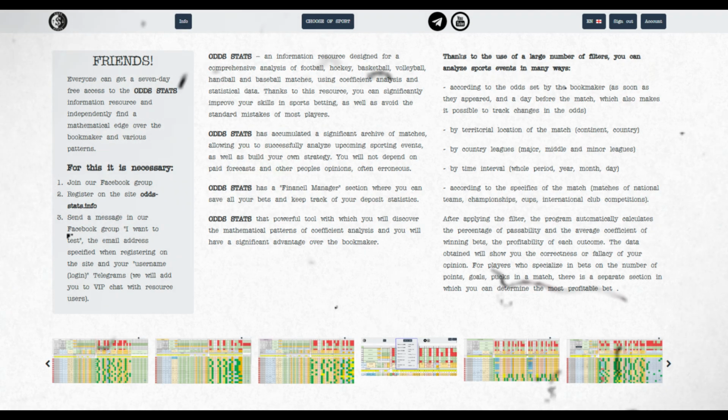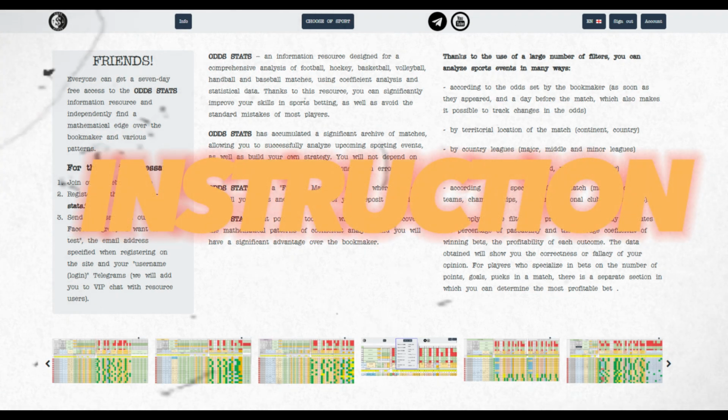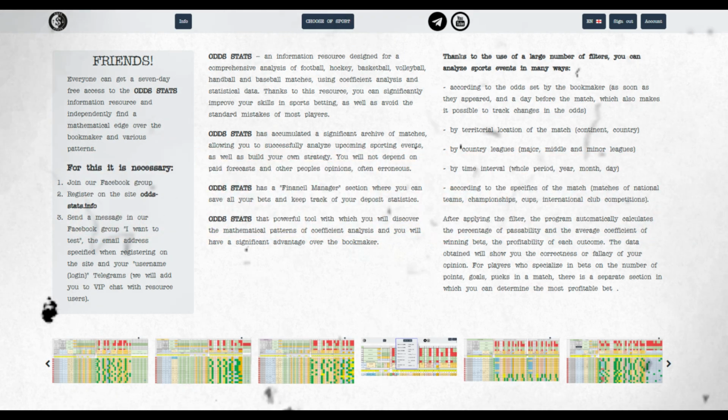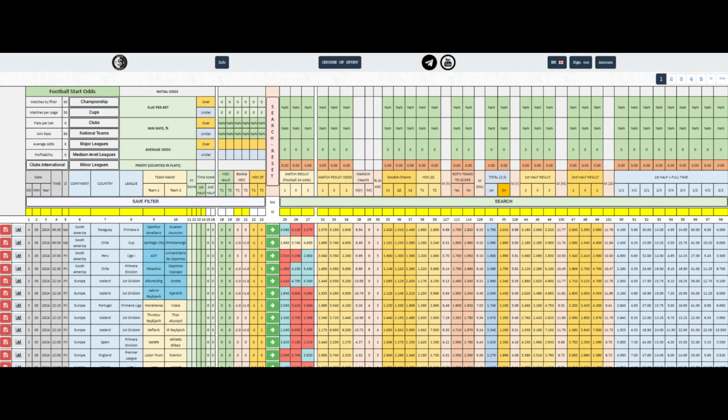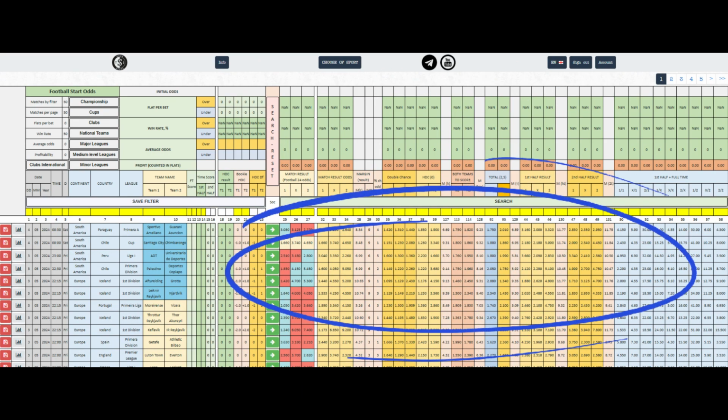This video is for those who are not yet familiar with the Odds Stats resource or have just started using it. To understand all the possibilities of the website, watch this video until the end and many questions will be answered naturally. Odds Stats is an informational resource that provides statistical data and odds for future and played matches in